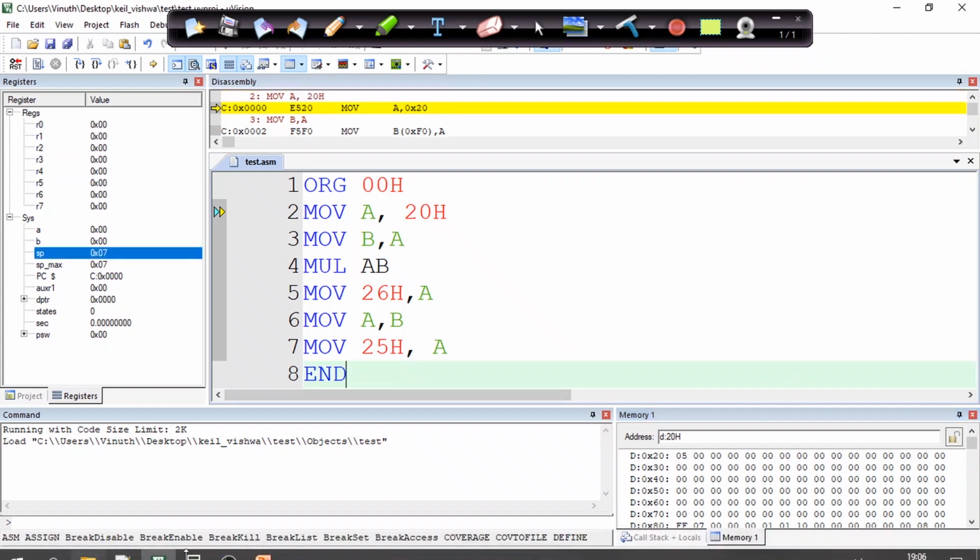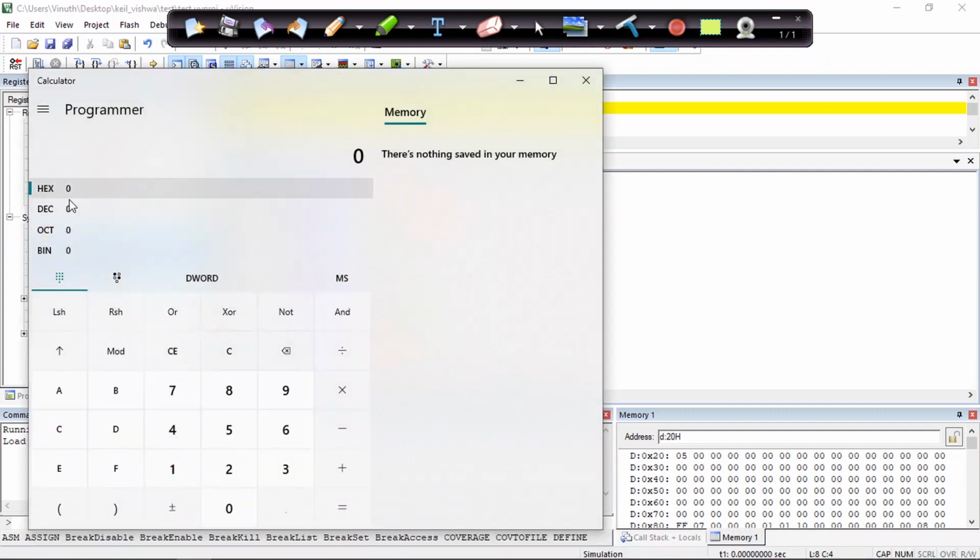Now if I perform 5 square, that is 5 into 5, the result is 25 in decimal, but in hexadecimal the value is 19.